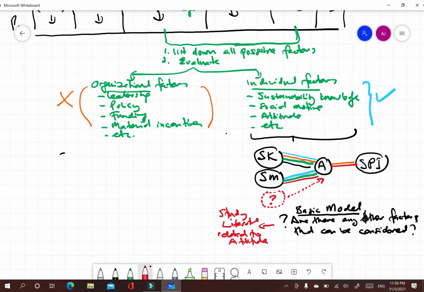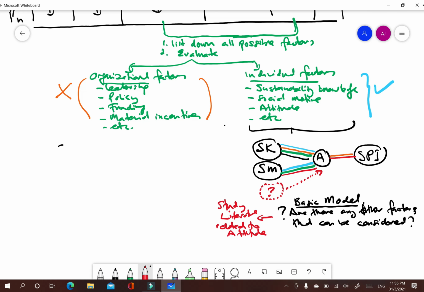For example, once you read the literature here, you can discover that attitude basically can be formed based on, for example, maybe the environment, based on the education, for example, based on the experience.